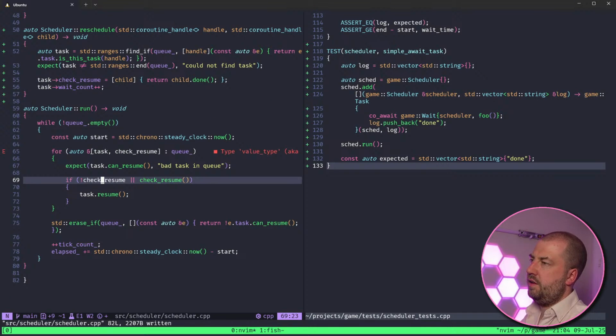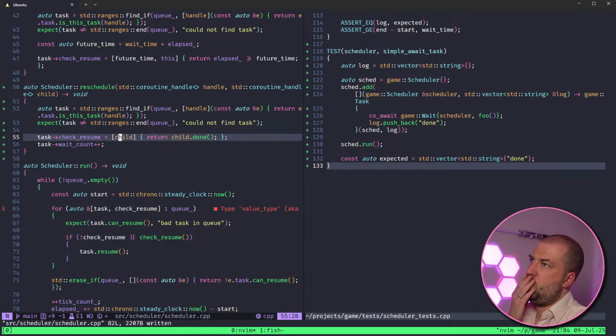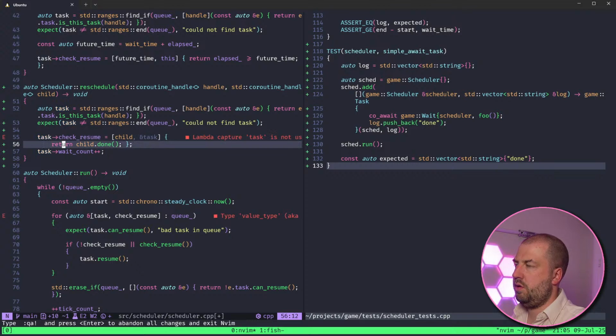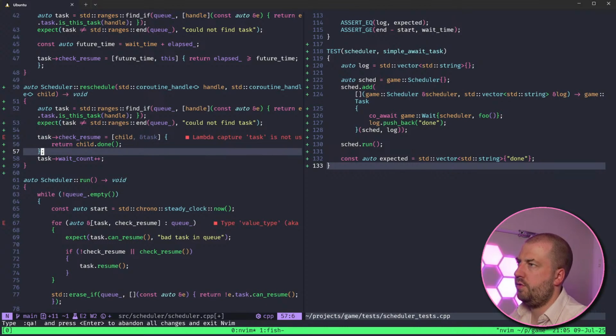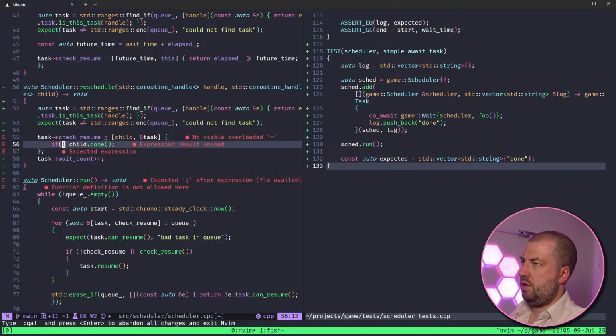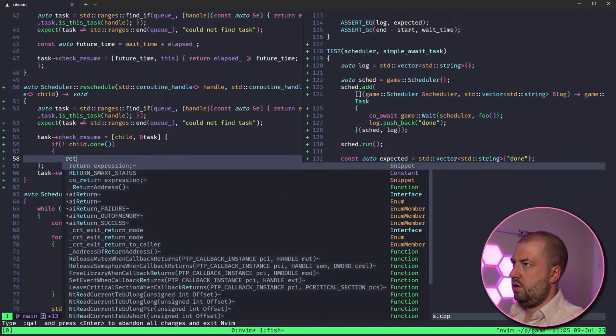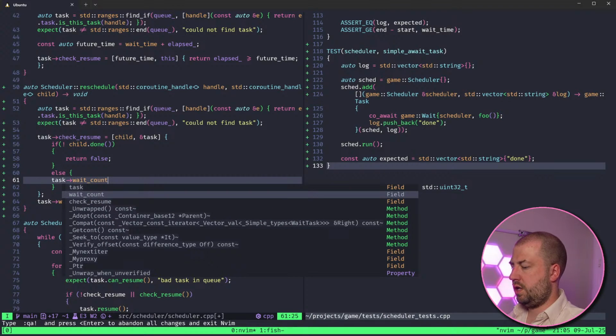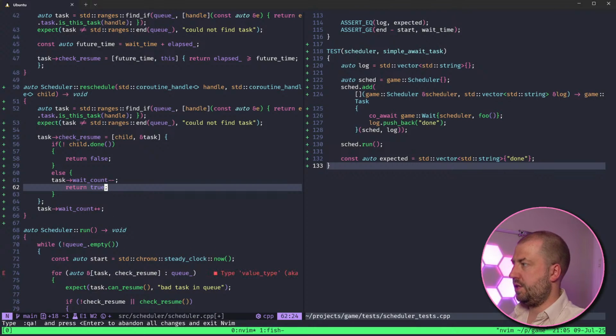Okay, and then if, hang on, if not. Why don't we do something like: if not child done, return false, else task dot wait count minus minus, return true, because we know it's going to get resumed in the next tick anyway.